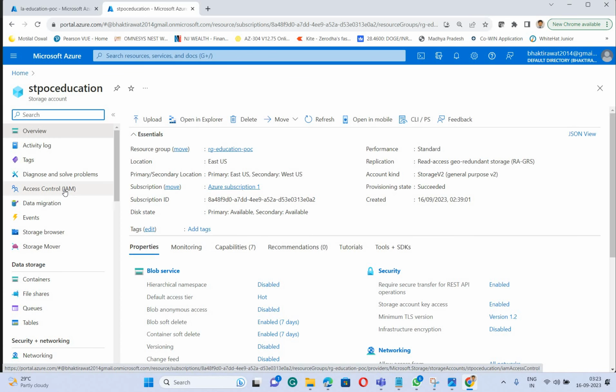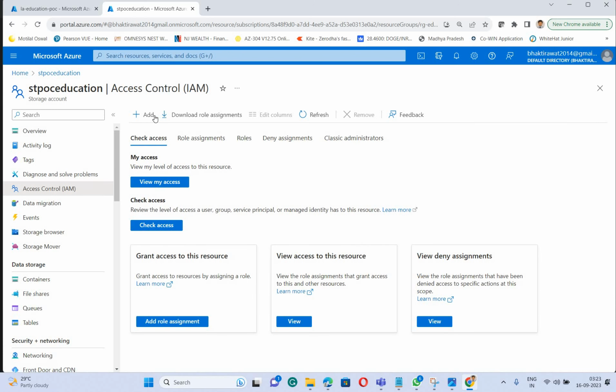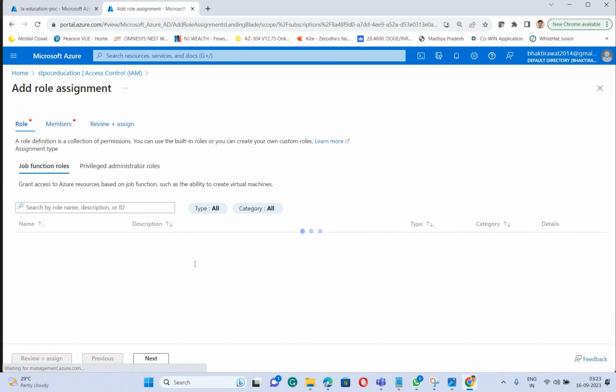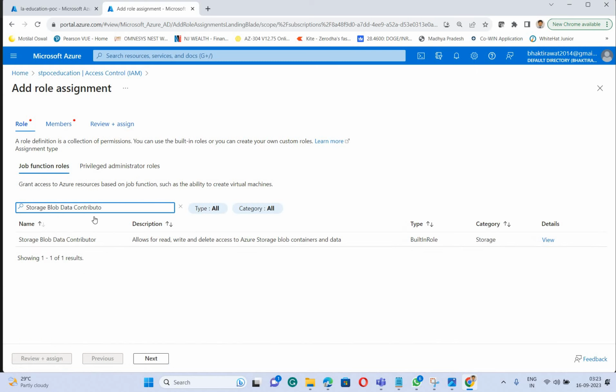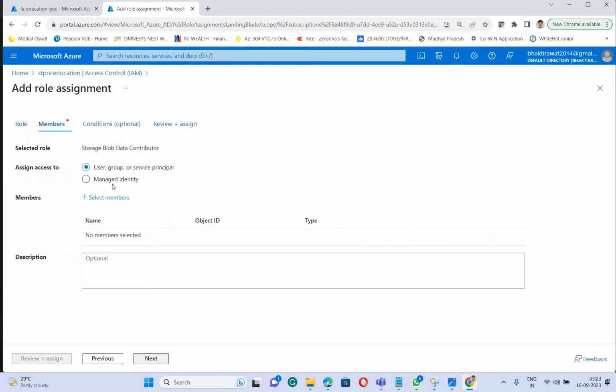Here you can go to this access control and click on add, and then add role assignment, and here you can select this role, storage blob data contributor, and then click next, and here you need